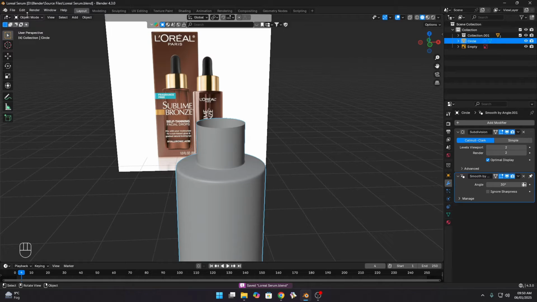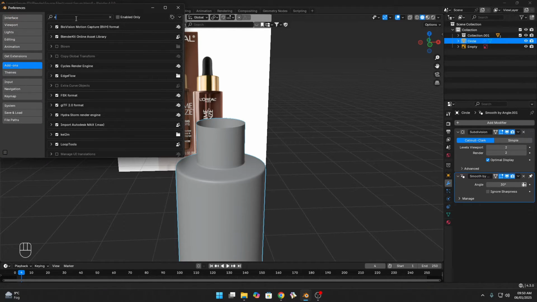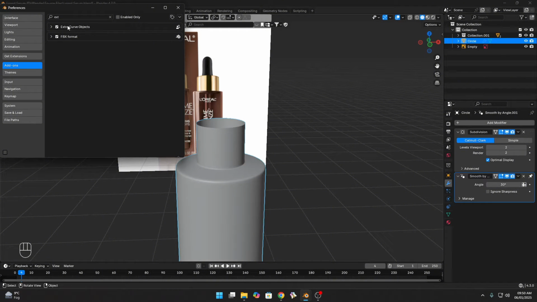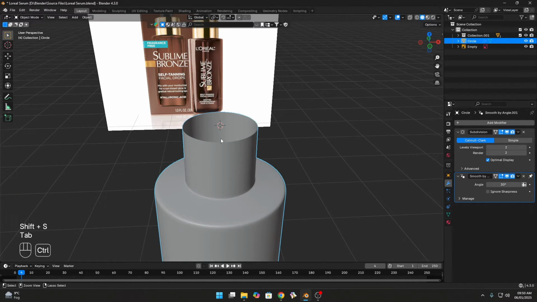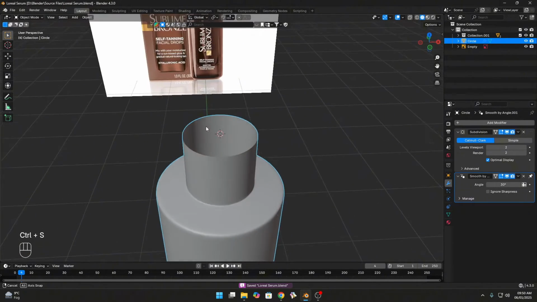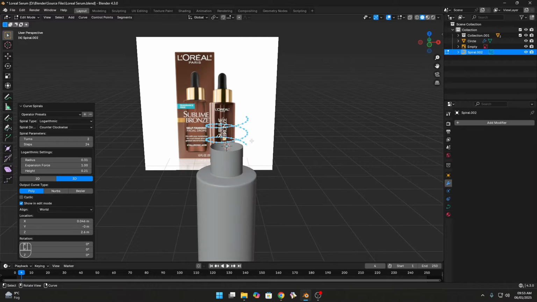First of all, go to Edit Preferences, and in add-ons search for extra and check the box for Extra Curve Objects. Go to edit mode, select this loop, press Shift S and Cursor to Selected. So our cursor is in the middle of this selected loop. Now we go to Curve, Curve Spirals and select Logarithmic.